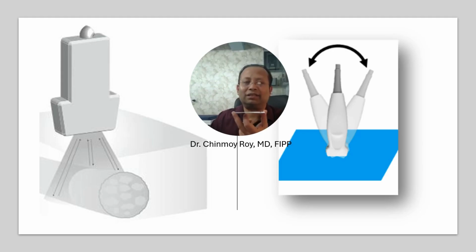Say this is a structure below our skin, so we cannot directly see this structure. Let us take this as an ultrasound probe. This part is the footprint of the probe. So let us think that a linear probe is placed over the skin and the structure is just parallel to the probe. In this scenario, we will see this structure as a clear white line or clear hyperechoic line